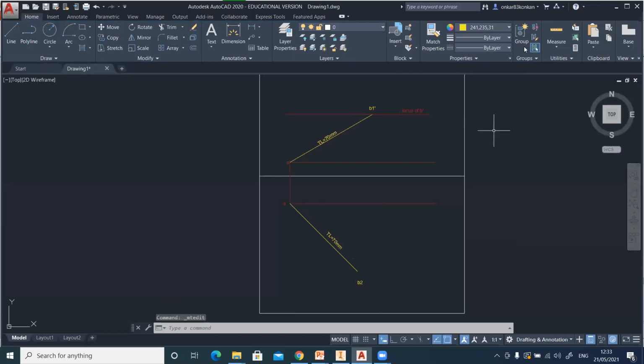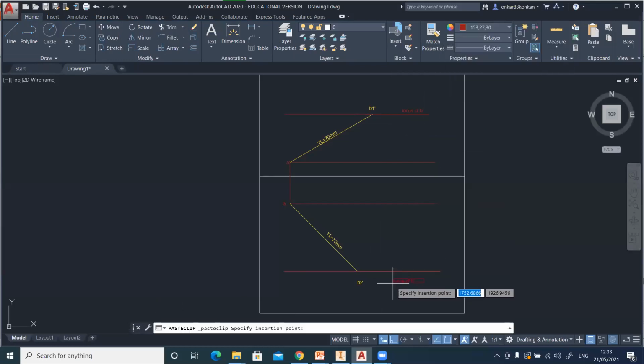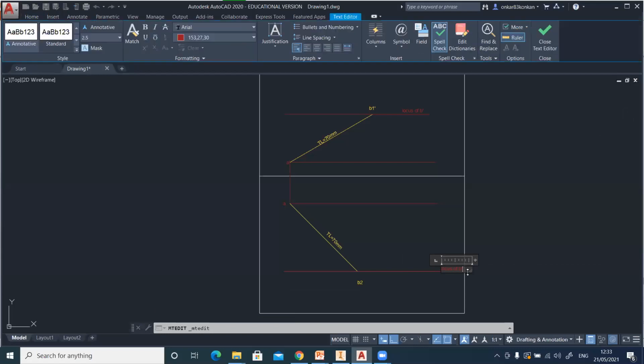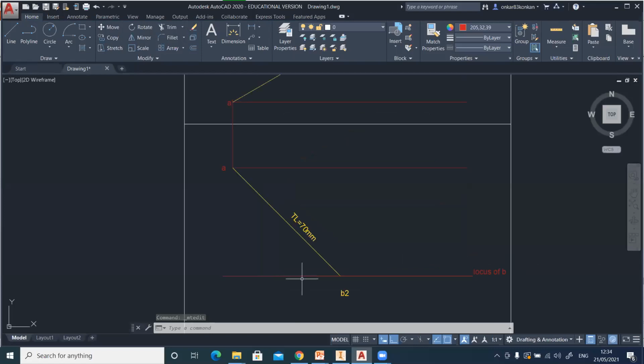So that will be the locus of point B. So this is the locus of the point B. On this line somewhere we can get the actual top view of the point B.